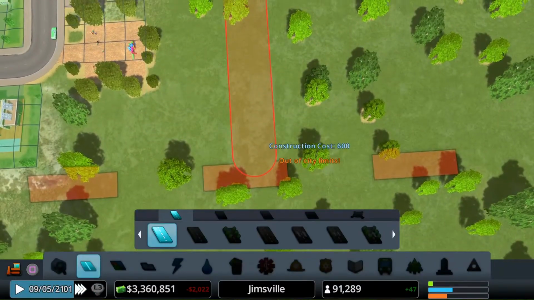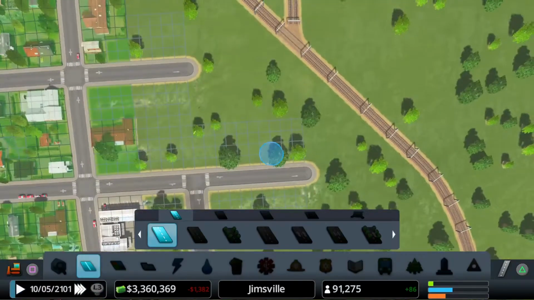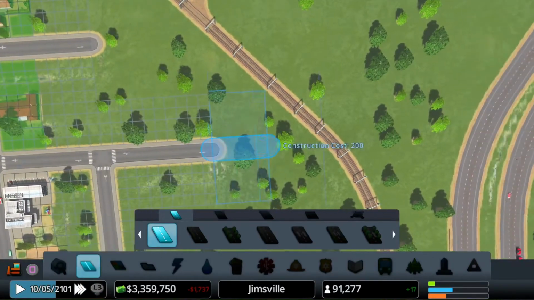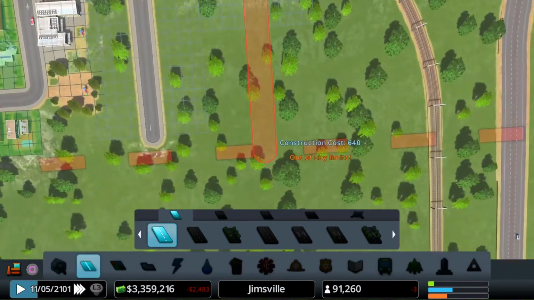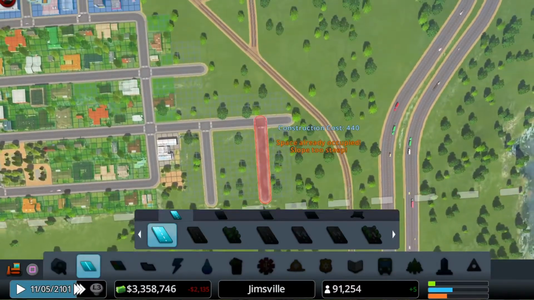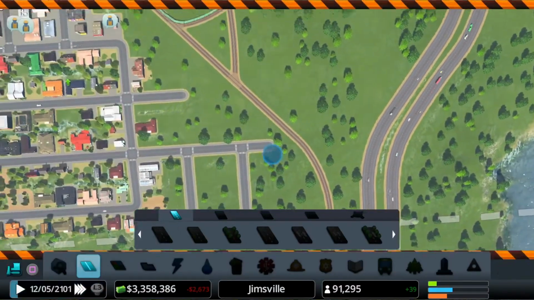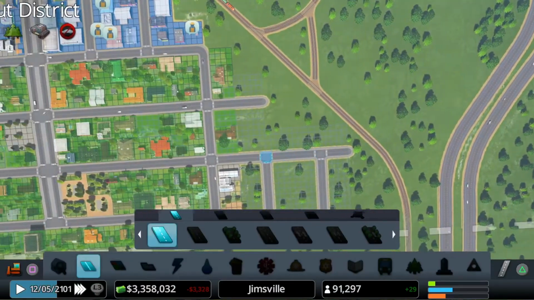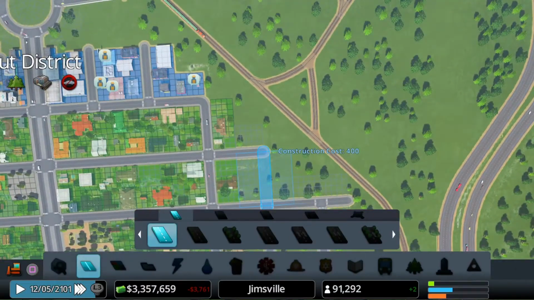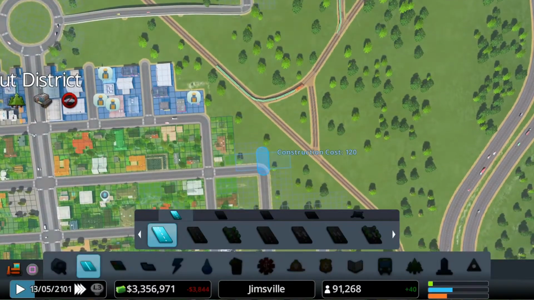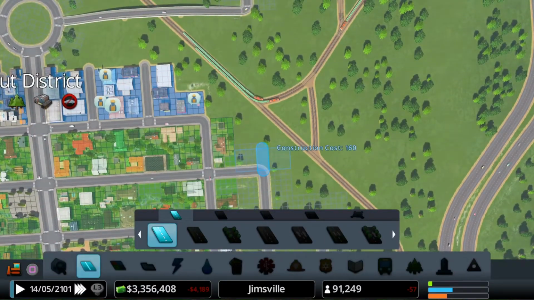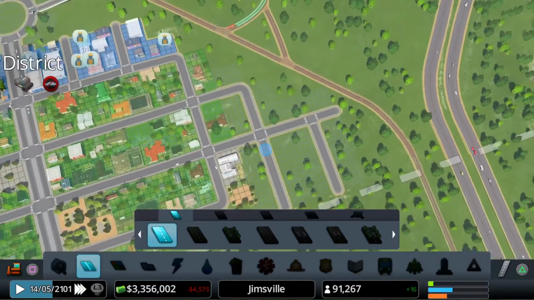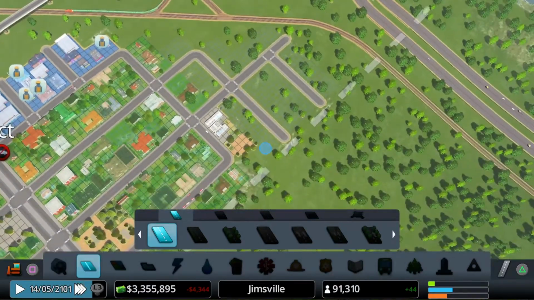Take that all the way down to the bottom. And same over here. Just going to need to stretch that out a bit more. Yeah, that'll do. We'll add in a little bit of extra residential for us.